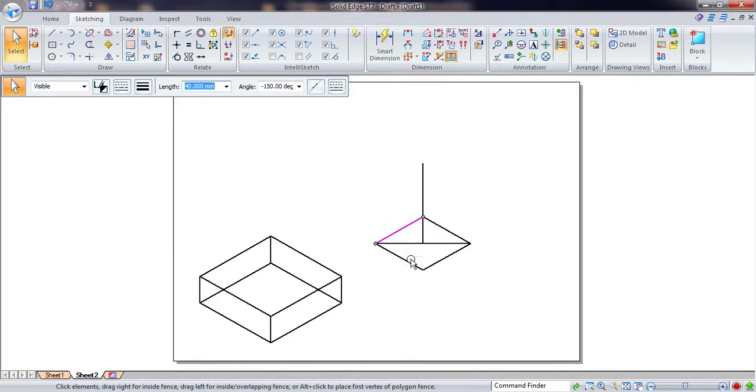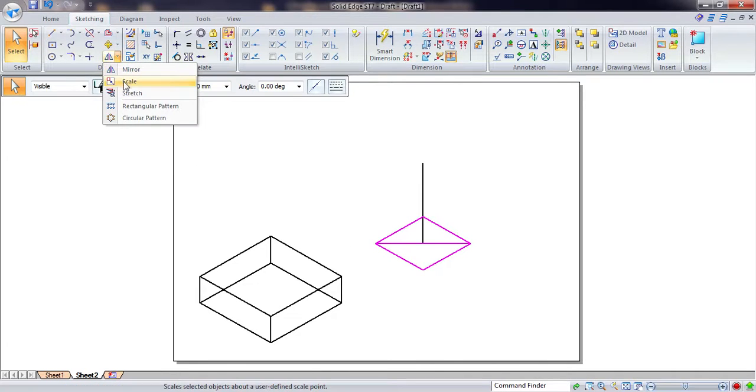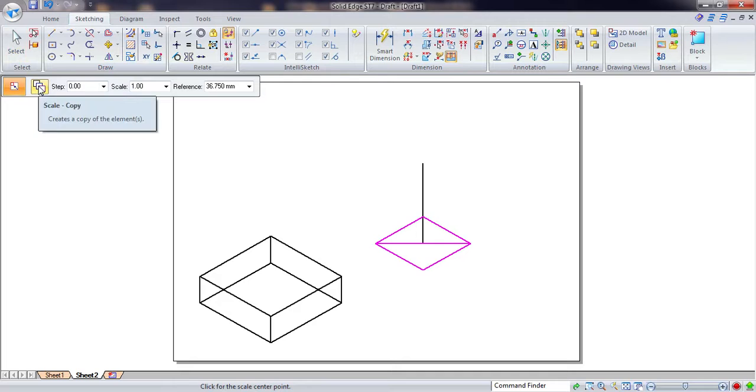Here I am going to show you a very important command. Select the bottom face of the square pyramid that you have drawn, along with the horizontal diagonal. Go for the scale command. Switch on the copy option, and for the scale factor, the top face is 20 mm, so 20 divided by 40, enter. You will automatically get the top face of the pyramid.